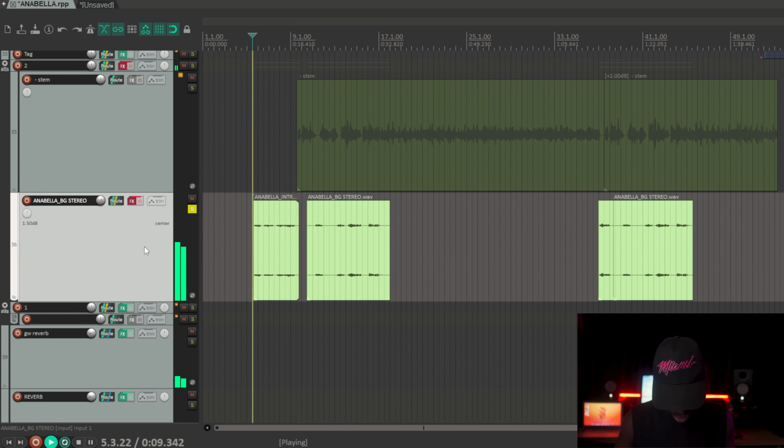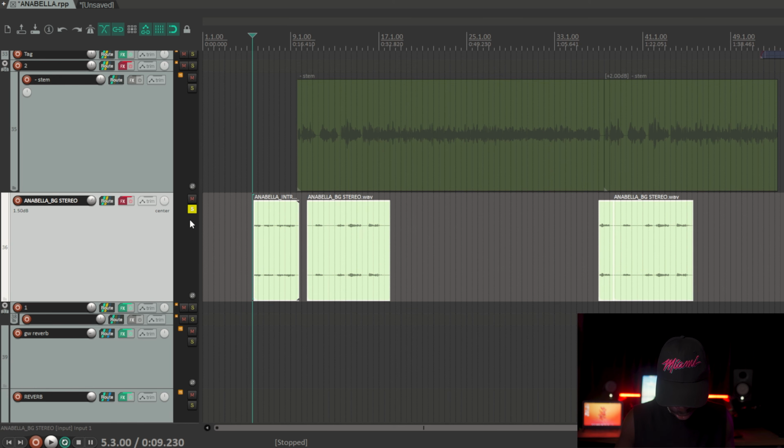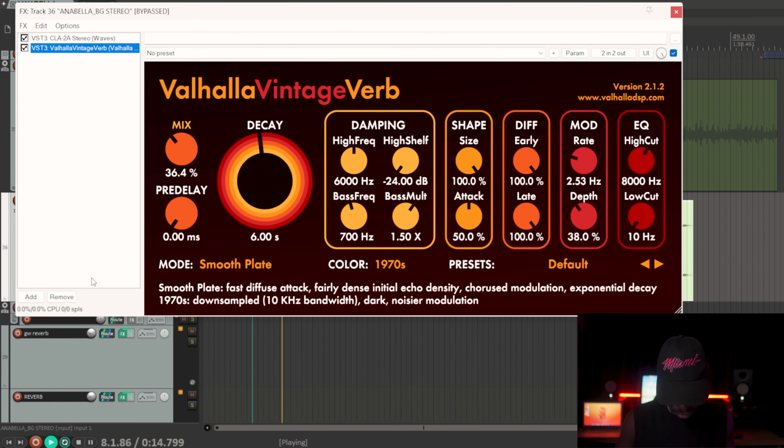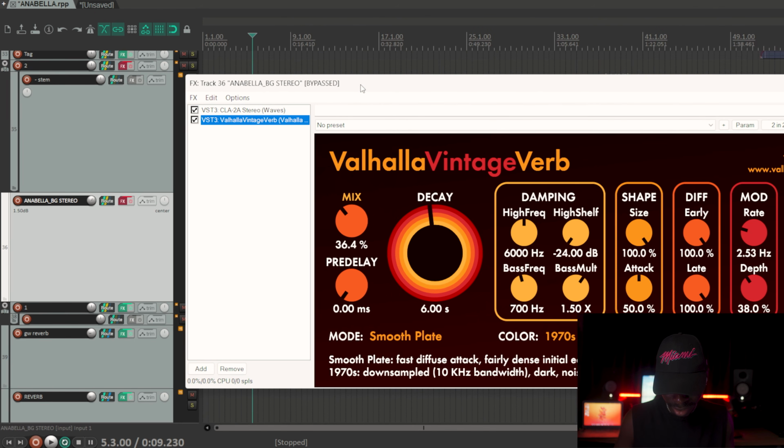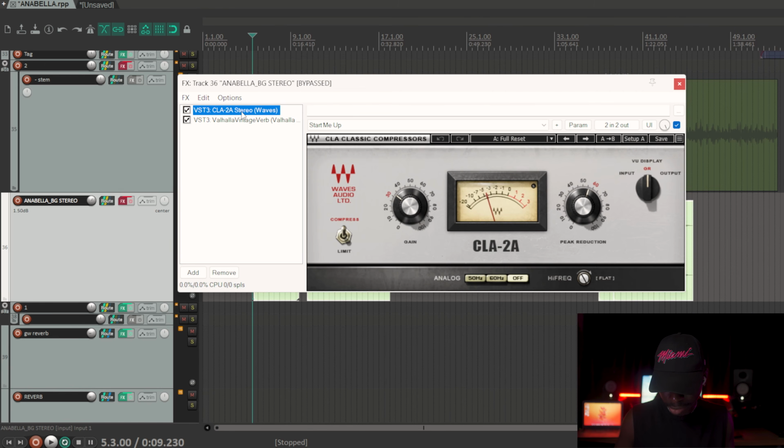But I know say, for this backup, this backup came with its own effects. So let me take it out of the lead bass, so you hear the sounds on its own. So the producer already exported that in stereo because of the reverb, and all I did was I compressed the